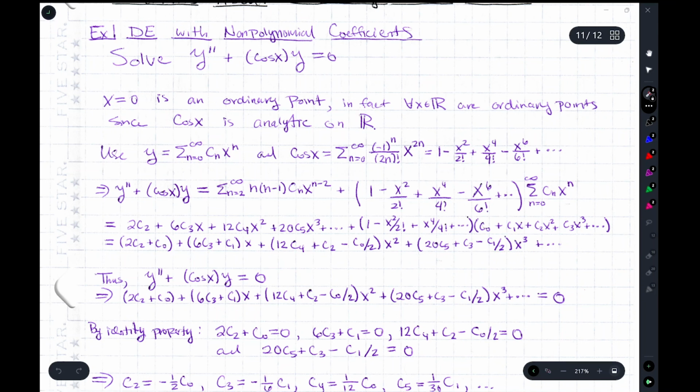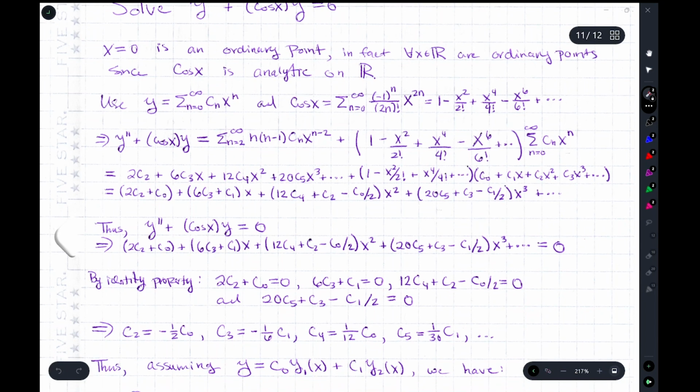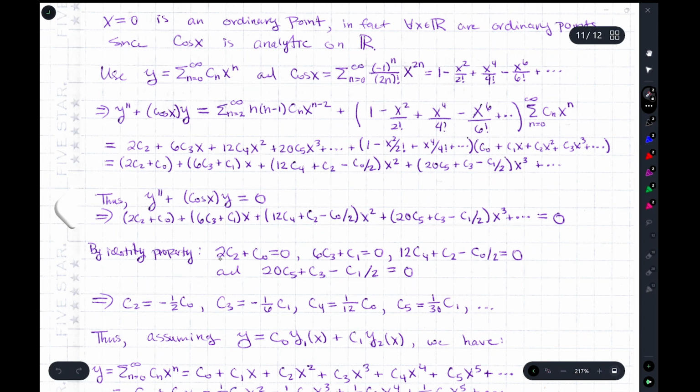Now, our differential equation sets that left-hand side to 0, and so by the identity property, the coefficients of the powers of x, not the coefficients c4, c2, but this whole expression, this whole expression, this whole expression, the coefficients to the powers are 0. And we could then solve these to obtain